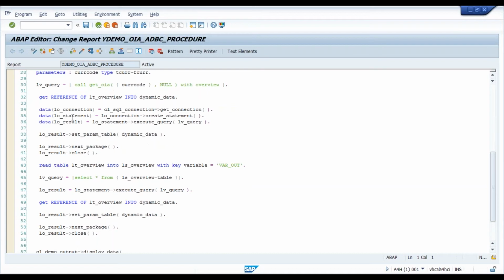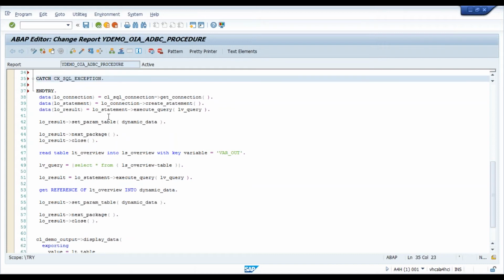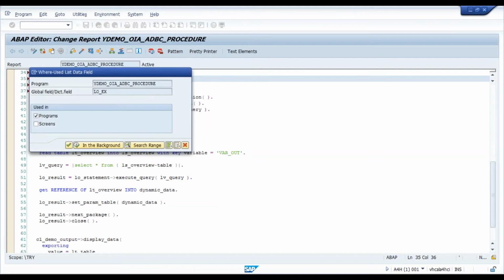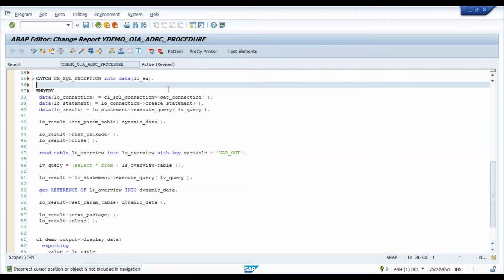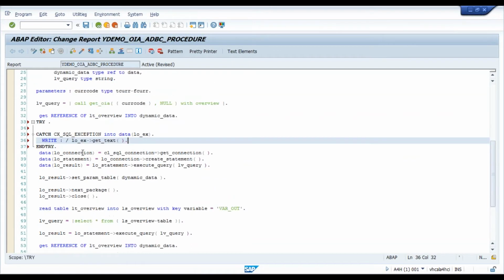This whole piece of code, I'm blocking it into a try-catch block, and now here I'm catching the CX SQL exception into a local object which I'm creating on the fly, exception object. And I will tell the system to write the relevant information of what went wrong. So write statement, exception object, and call the get text method. This will tell me what exactly went wrong while submitting this statement to the database.